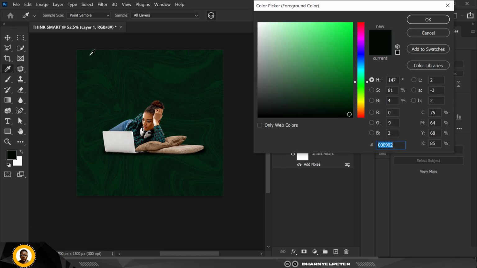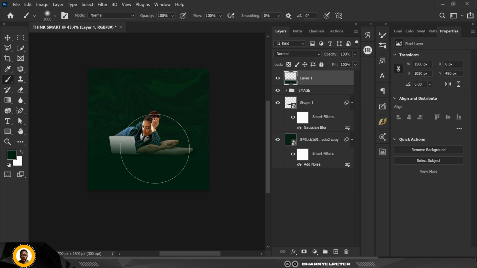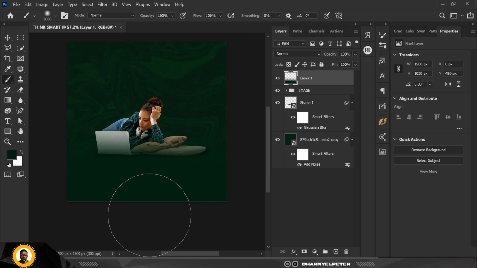Let me change this, select this, yes, select this color, and you can copy the color code. Yes, this, you can pause and copy the color code. So this is what I'm going to be using. So I'm just going to gently conceal those parts, creating a nice blend of this pattern background and